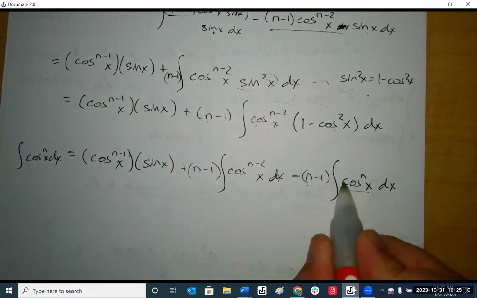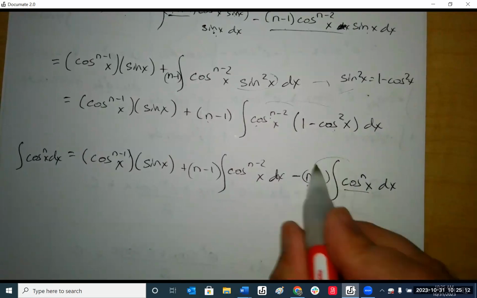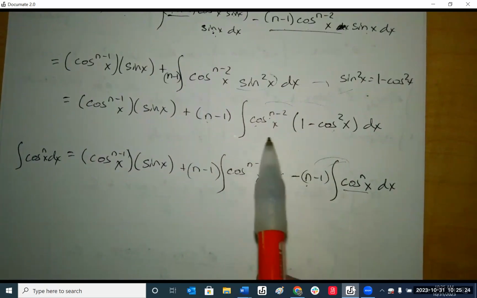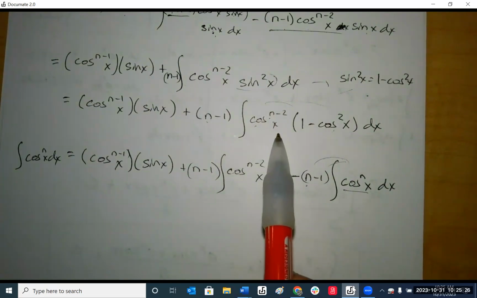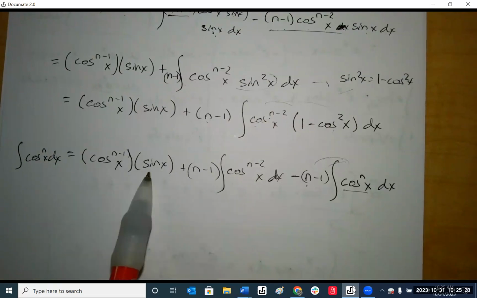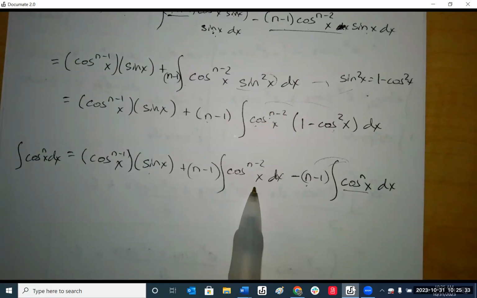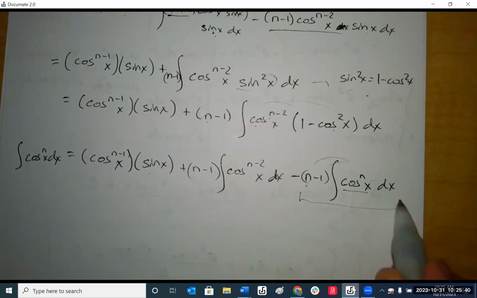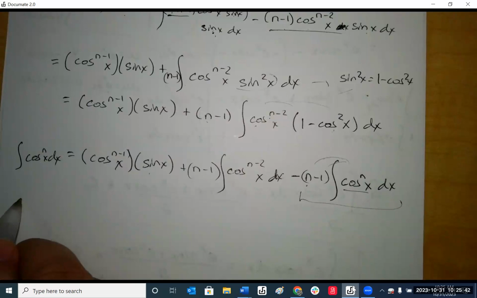Okay, so let's distribute this one. And if we move the whole thing over, let's give that coefficient. So we have